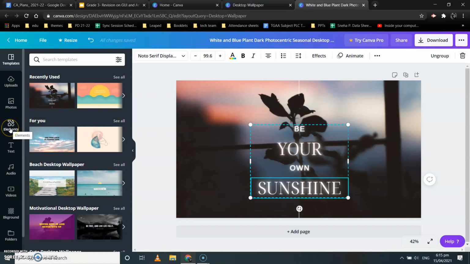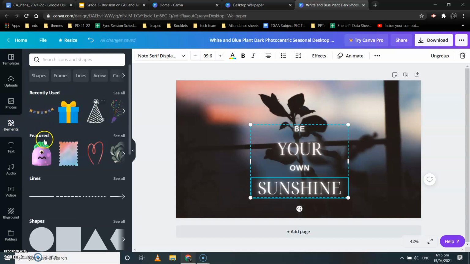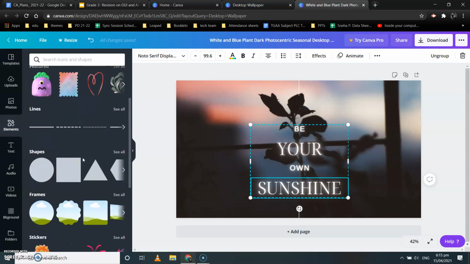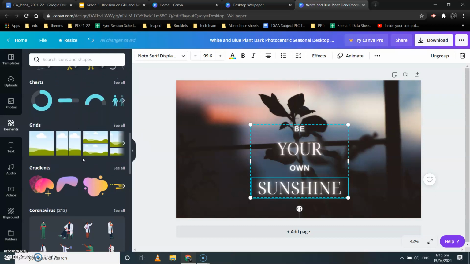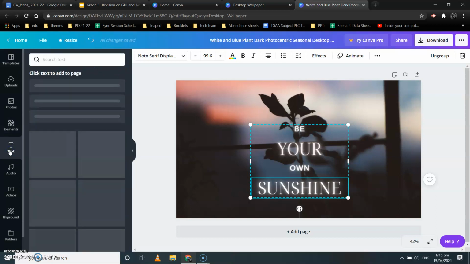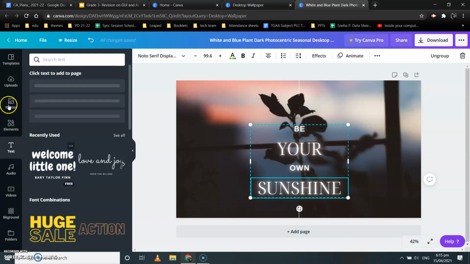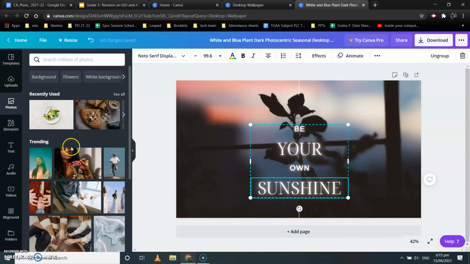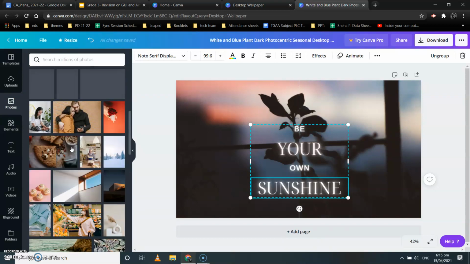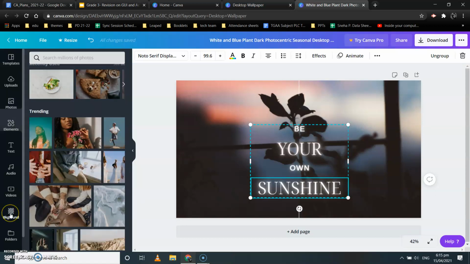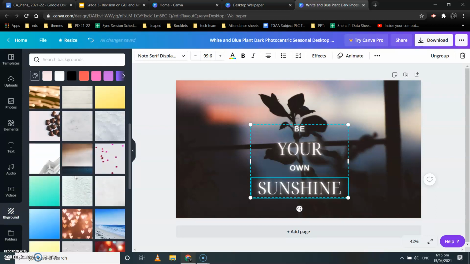You can also insert a few different things. See, there are elements that you can select from. You have different elements over here. You can select whatever you want to put on your wallpaper. That's up to you. You have different text styles. See over here there are so many ready-made text styles given. Then you have some pictures also, some photos that are given to you. You can select any one photo if you wish to from here. That's your choice what you want to select. You can select a background of your choice. There are different backgrounds also, so you can create your own wallpaper.